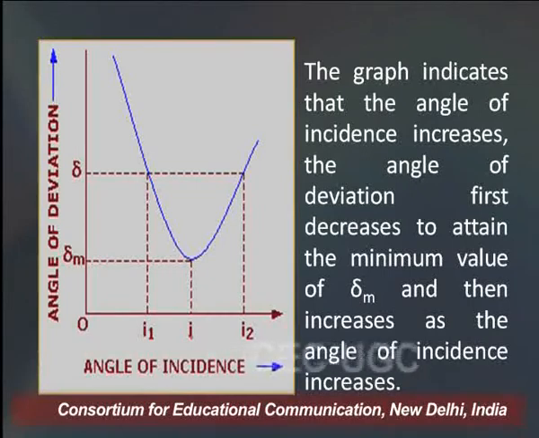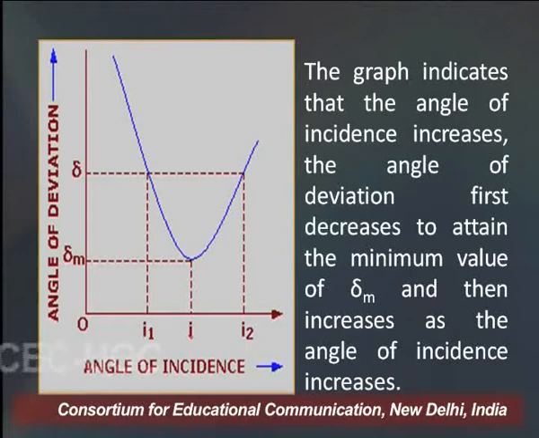Now here on the screen we have a graph. This is the graph between the angle of deviation and the angle of incidence. What are you able to understand by using this graph? Here we have I and del m, all the values are written here. So here you see that first it decreases, after that it increases. At a particular point we have a minimum angle that is defined by del m.